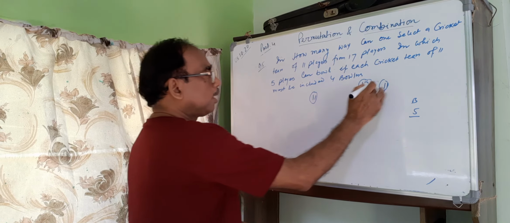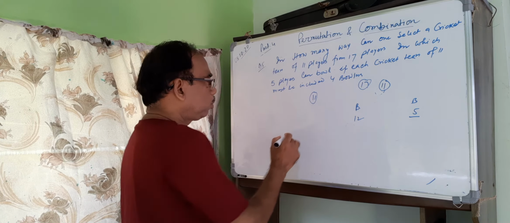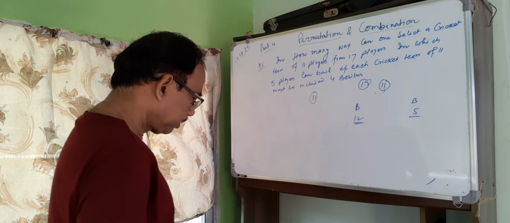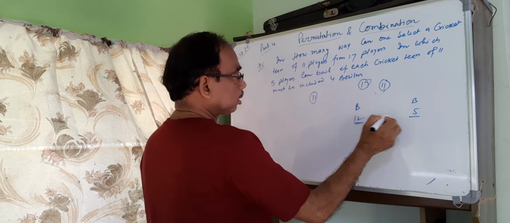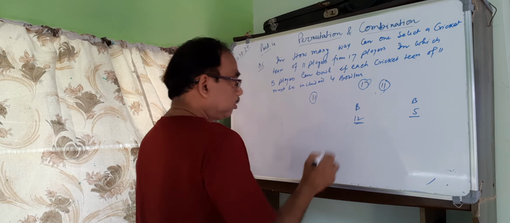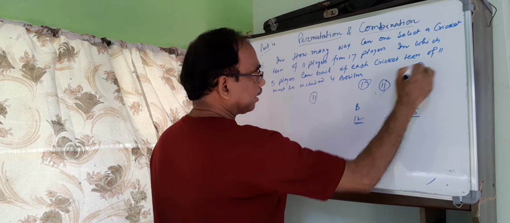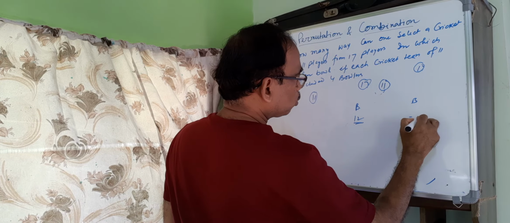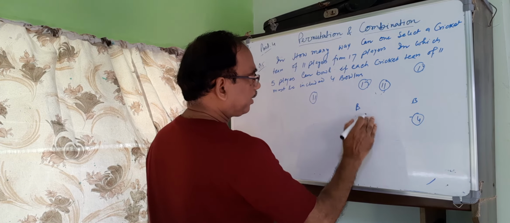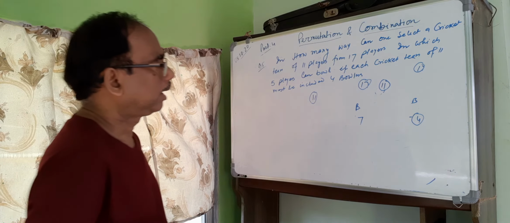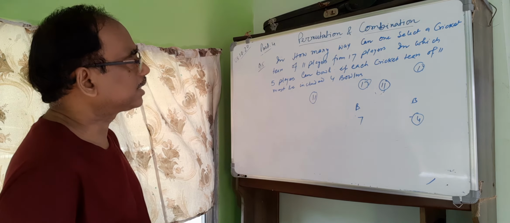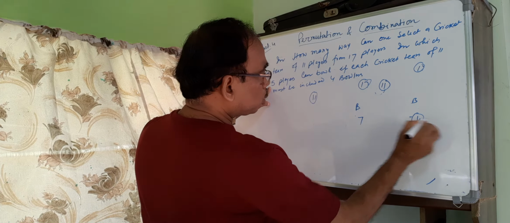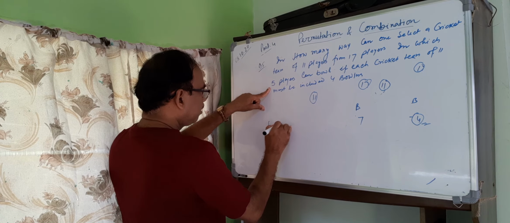So here we have to select 11 players. You have to choose 11 players, the total is 17, and the bowlers are 4. So from the bowlers you have to choose 4. Therefore, the total is 11, so the batsmen should be 7. The total number of players is 17. There are 5 bowlers, so you have to choose 4 bowlers from the 5 bowlers.